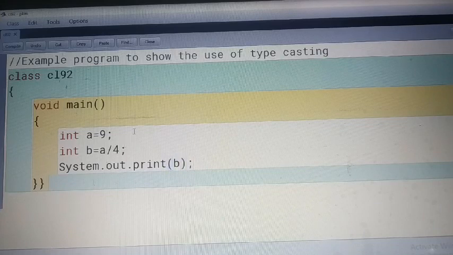Let's see, is it going to compile? Okay, no problem here.